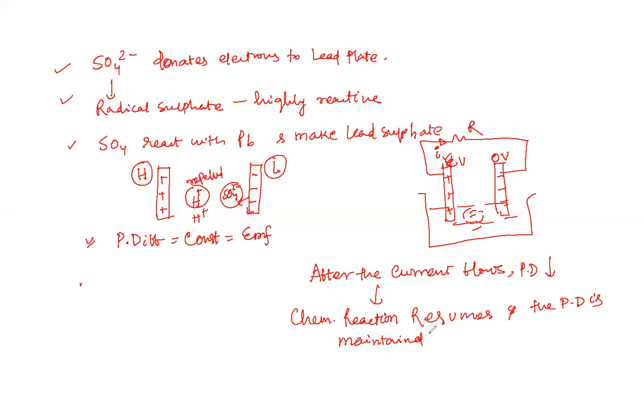One is the current flow and the swimming of the ions from the solution to the negative and the positive plates, to the two different plates. But we found that this E, or the EMF, is directly proportional to the current over here. So this is the mechanism of how a battery functions and who supplies energy to the whole circuit, right?